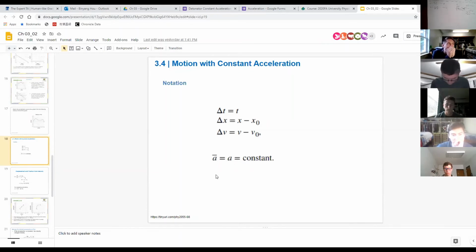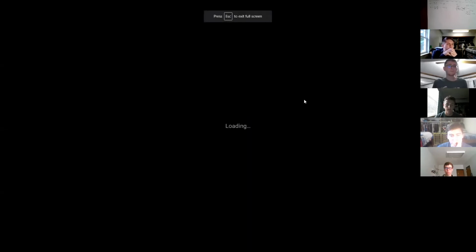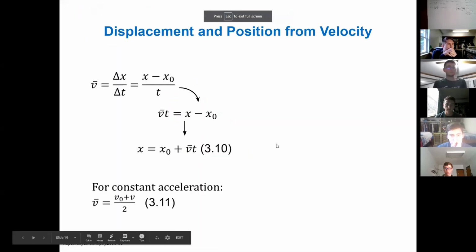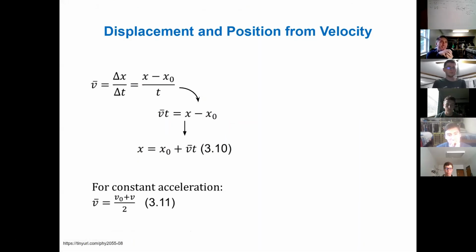Okay, so after we simplify these notations, let me put this in presentation mode. Let's look at the first thing we learned about, the velocity, average velocity. Okay, it's not the first thing, but one of the earlier quantities we talked about to describe